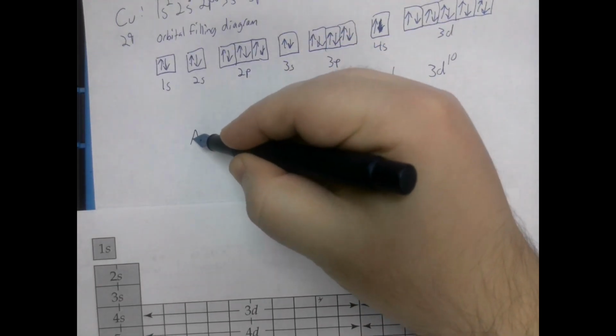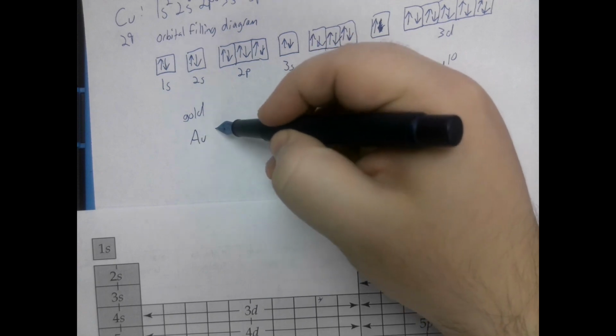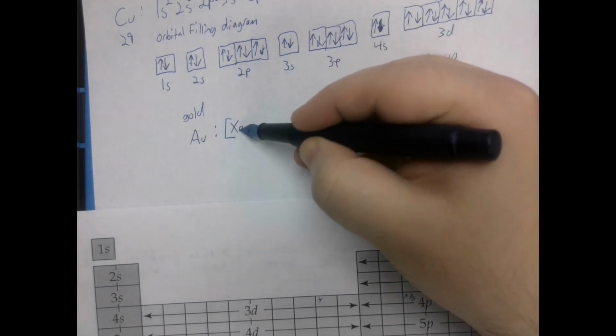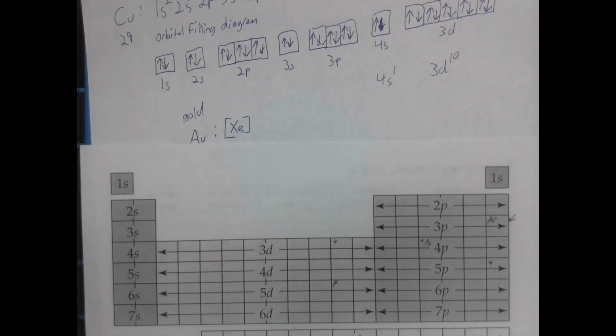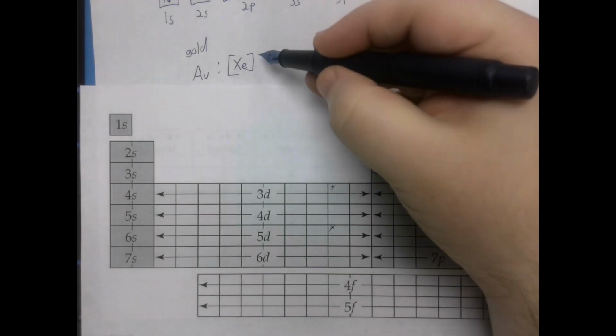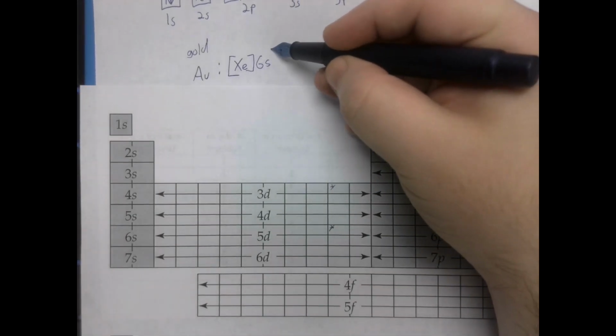So writing for gold, which is Au, the noble gas configuration for it, xenon, and then we read the row. The row would be 6s2,